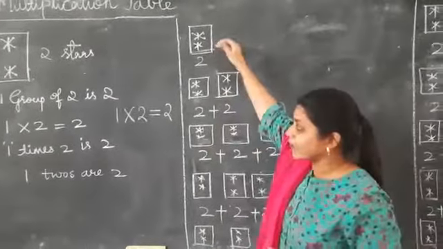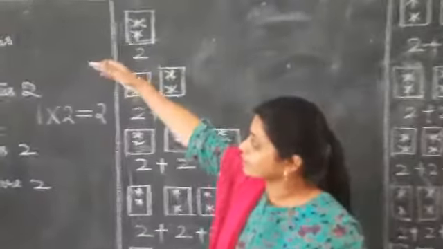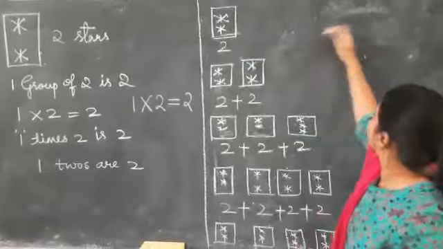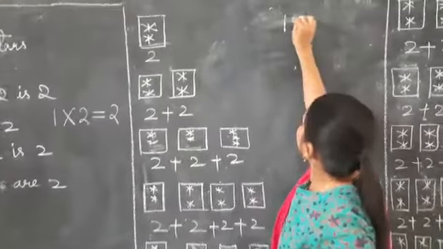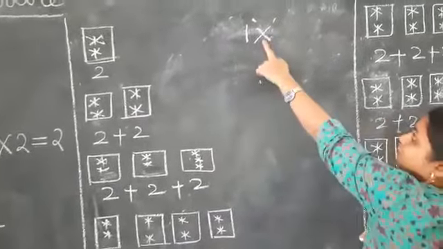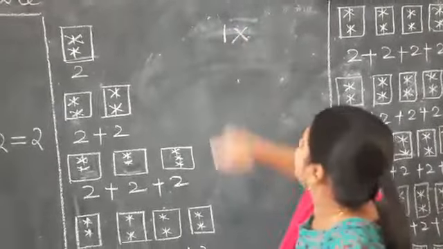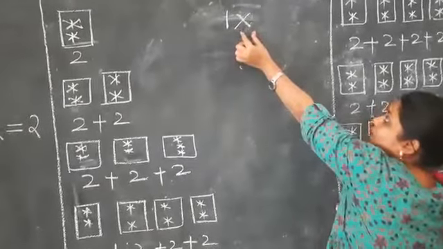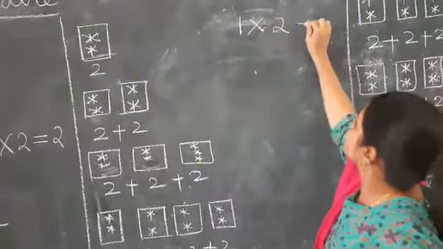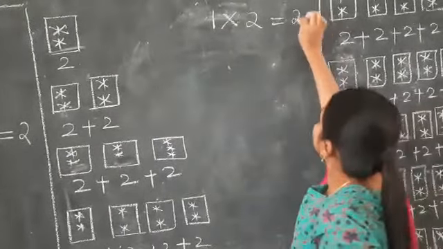So like that, we will write in the groups, one by one. For example, we have taken the example of one group. So for the first group you will write 2 stars in one group. This x represents the symbol of multiplication. You all know that. Firstly children, you will write 1 and the symbol of multiplication x, and then we write the number of stars present in the group, that is 2. We put an equal to sign, and in one group we have 2 stars, so write it as 2.